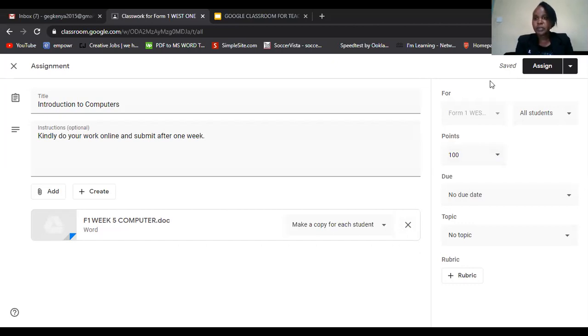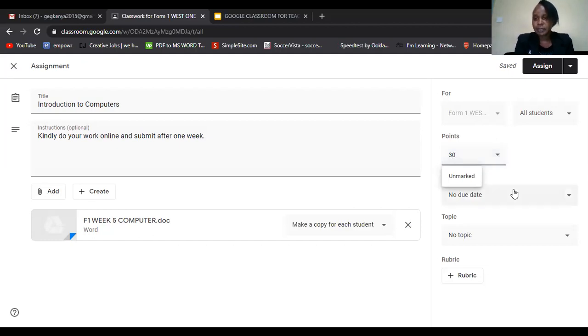All right. So before I assign the work, I need to select the students that are going to get that particular work. But because I've not added the students to my class, there are no students there. Once they are added to my classroom, they're going to find their assignment there. So that assignment is not out of 100 points. You can actually use the grading to be over 100, but you can reduce the marks, probably